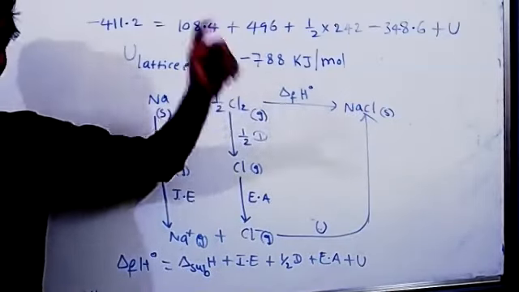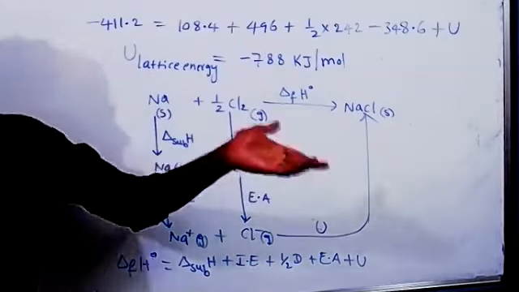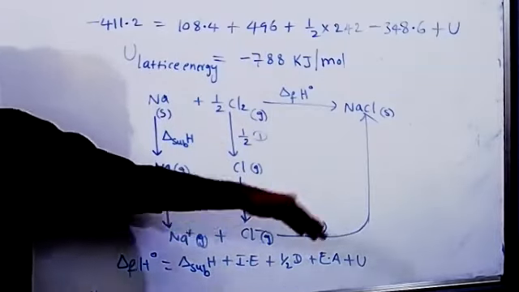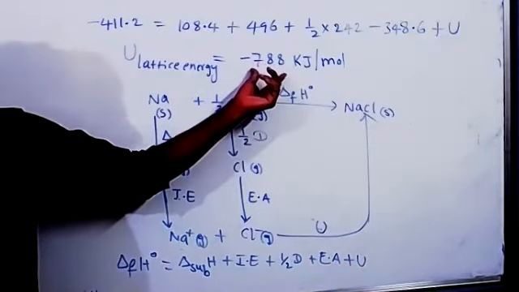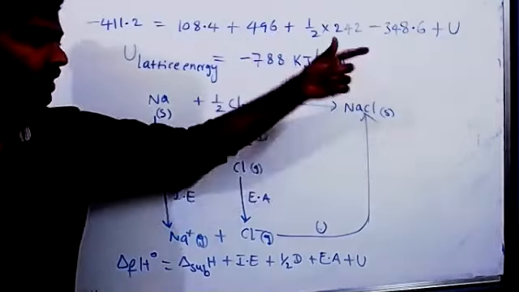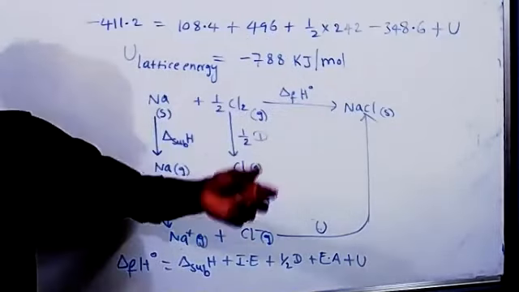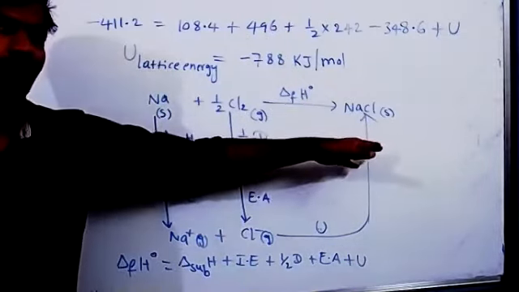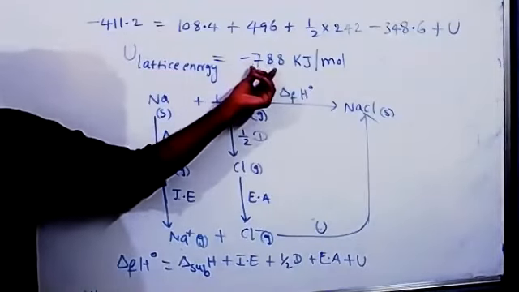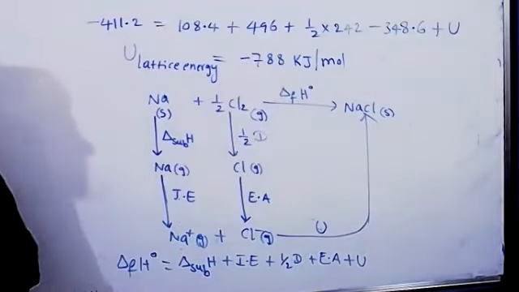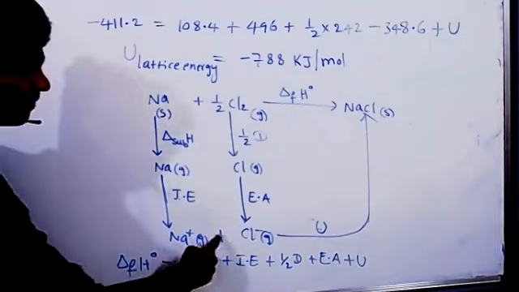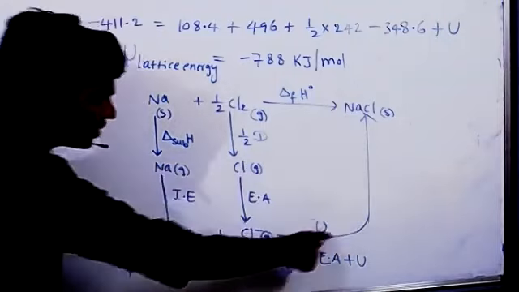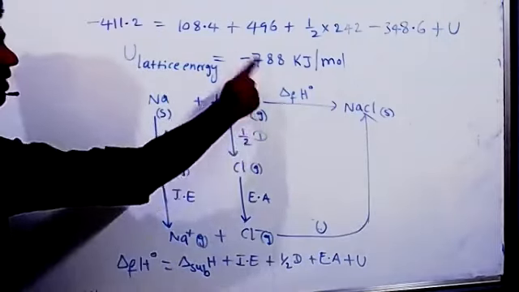Whenever any substance is formed, energy is released. So when NaCl is formed, it releases energy, minus 788 kilojoule per mole. Suppose NaCl is undergoing dissolution; during dissolution it undergoes ionization. In that case we write the lattice energy with the same value but the sign changes to plus 788. We take the reverse process, that's all. NaCl formation is this process; NaCl dissolution gives its ions, so we take the U value with a plus sign.